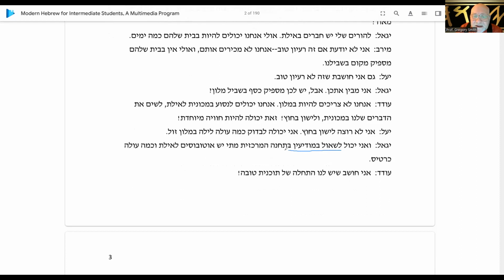L'shaul b'ma'adin b'tachana b'charsiya. So it's basically the central station in Moadim. It's the central station in Moadim. So to answer that correctly, we could put Yigal